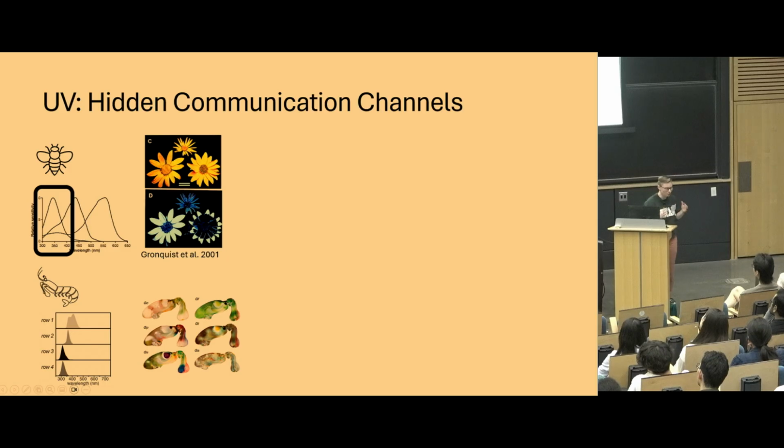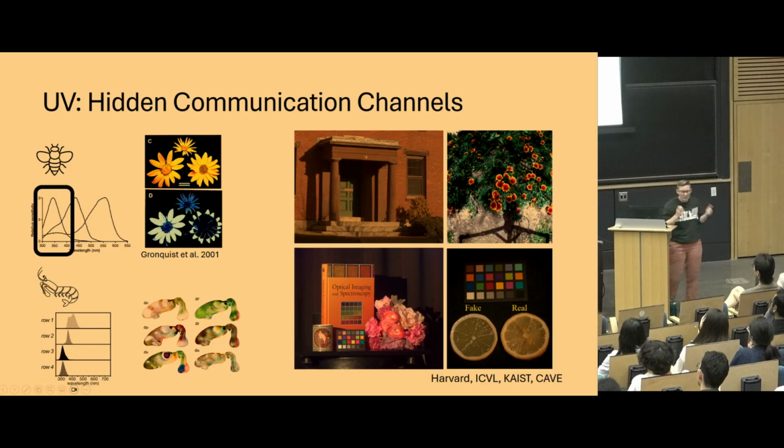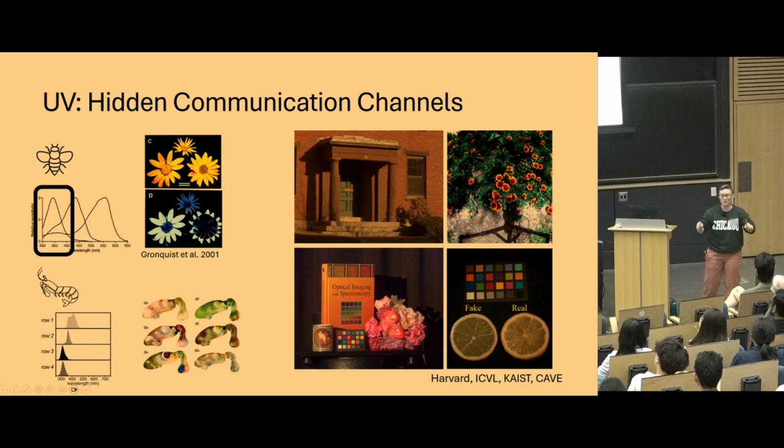But right now, we can't really do that, because while we know a lot about what the world looks like in multiband visible and even into the near IR, to my knowledge, we don't have any natural scenes data of multiband UV. We just don't know what the world looks like in these color channels, even though we know that interesting conversations are happening in that space. So I would really like to know. I would really like to collect that data. I don't really know how to make a project like that happen. So if you do, please find me, please help me. It's going to be awesome.